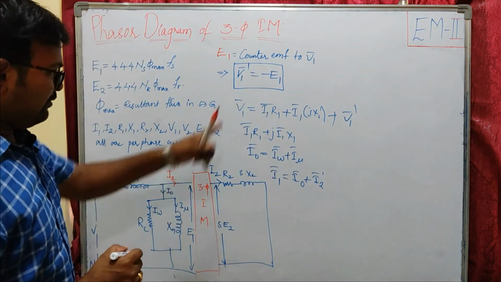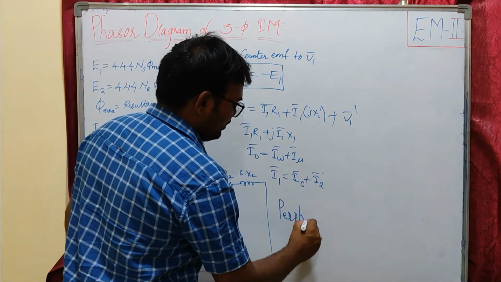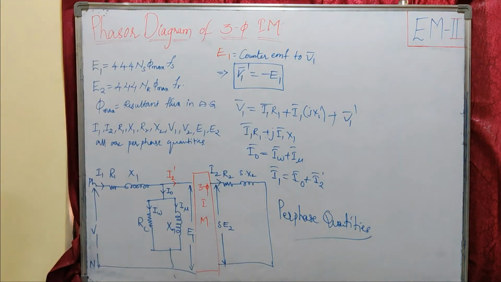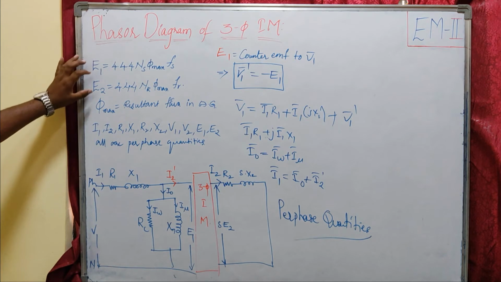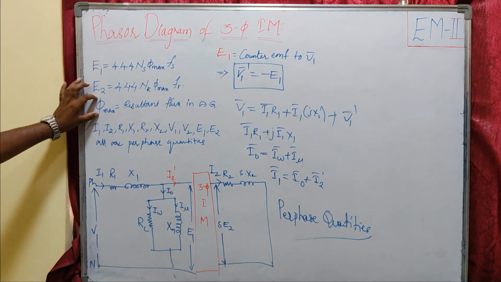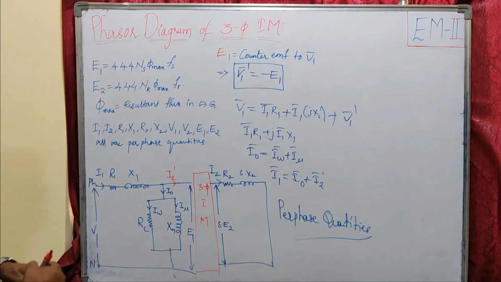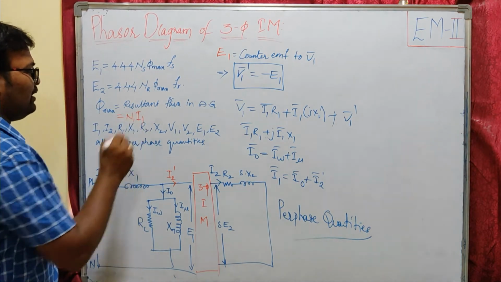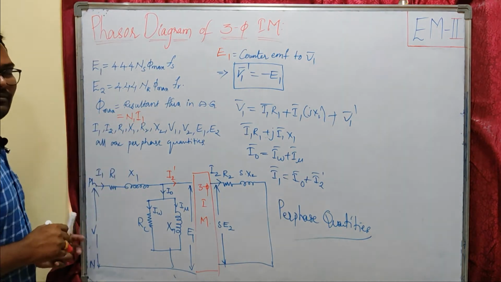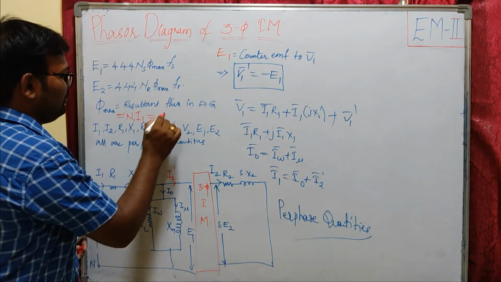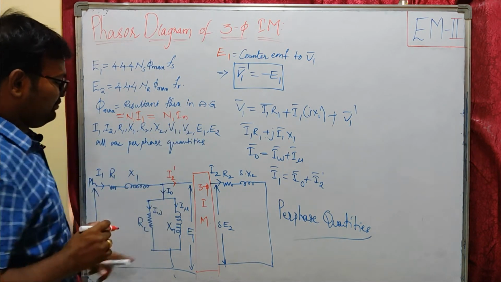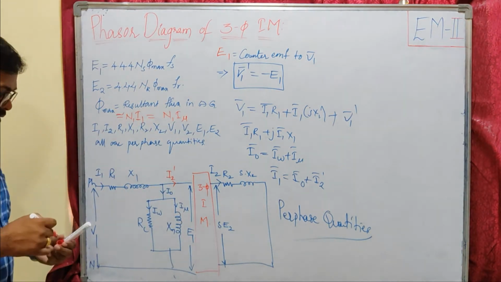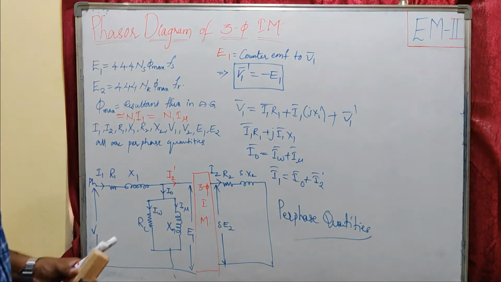Okay, each and every value is a per phase value, all are per phase quantities. So this is my stator induced EMF equation, this is my rotor induced EMF equation, and this is the flux induced in the air gap, the resultant flux, which is due to my stator turns and my stator current. This flux is due to N1 and I1, or actually it is equal to my stator turns and my magnetizing component Im. This I mu or Im is inducing flux in the air gap of our machine. So let us draw the phasor diagram of our stator side.